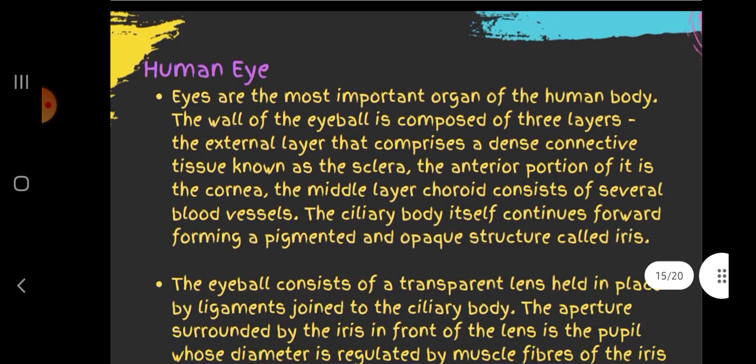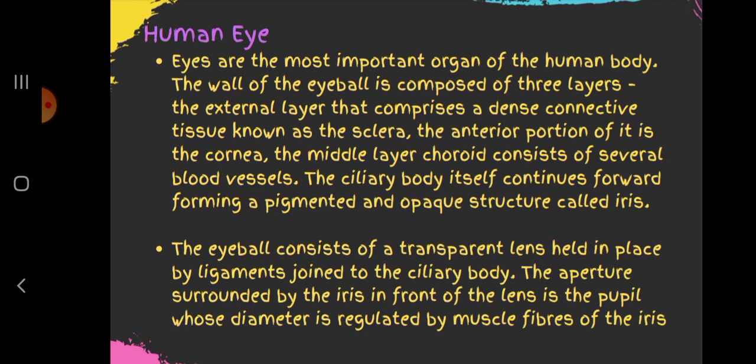Then human eye. Eyes are the most important organ of the human body. The wall of the eyeball is composed of three layers. The external layer comprises a dense connective tissue known as sclera. The anterior portion of it is the cornea. The middle layer, the choroid, consists of several blood vessels. The